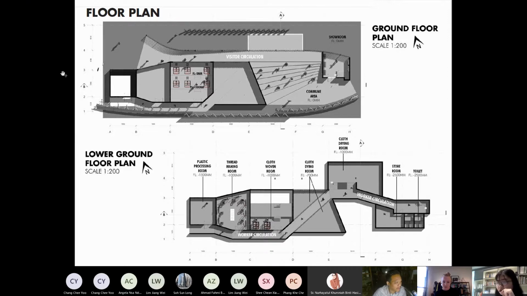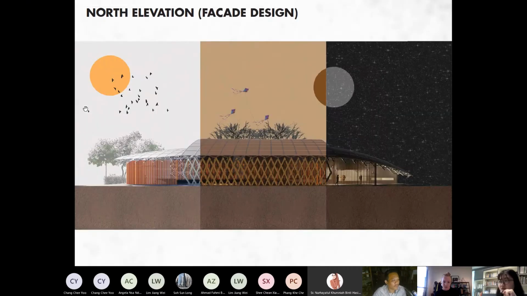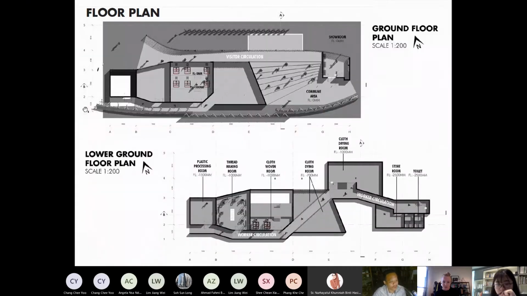It's a ramp actually. Sorry. I would appreciate it if the floors at least had some distinct differentiation, because right now it's just gray, so I'm unsure which area is what. And for example, on the ground floor plan, I know you can't see my cursor, but what is this room actually?